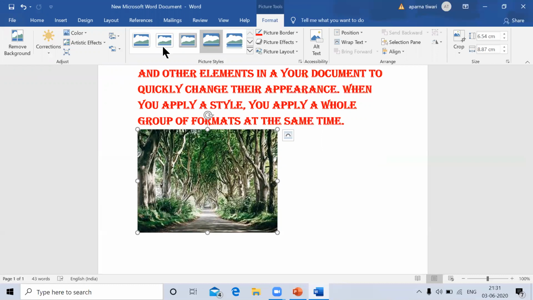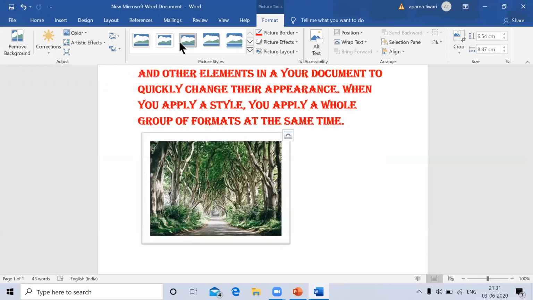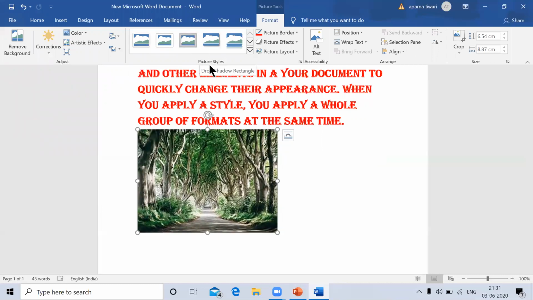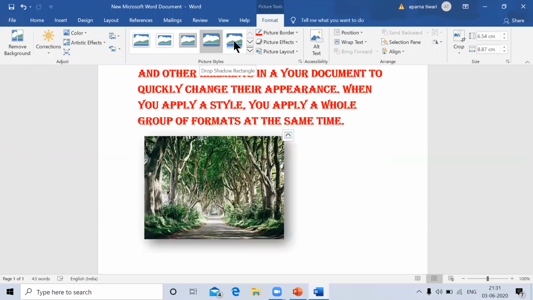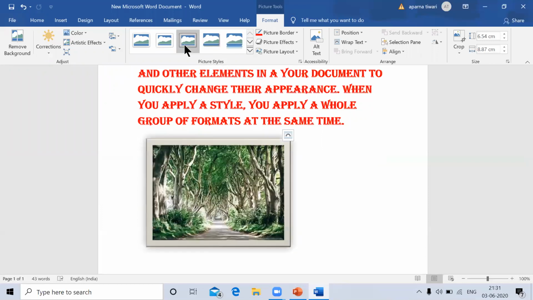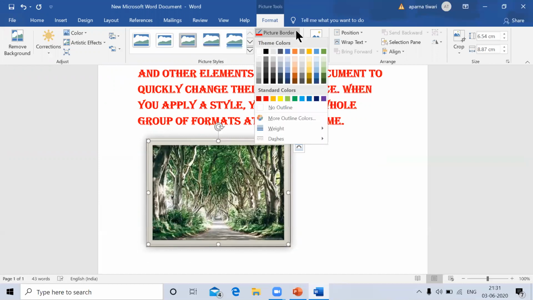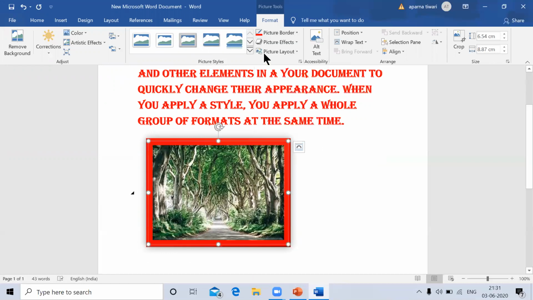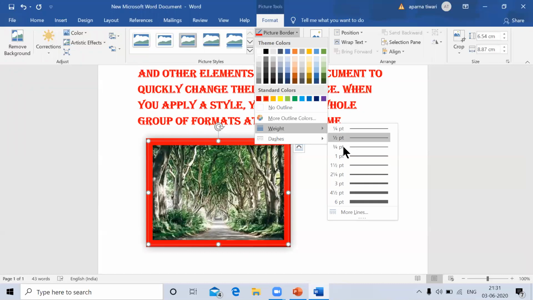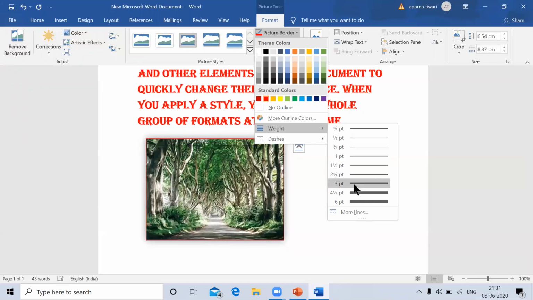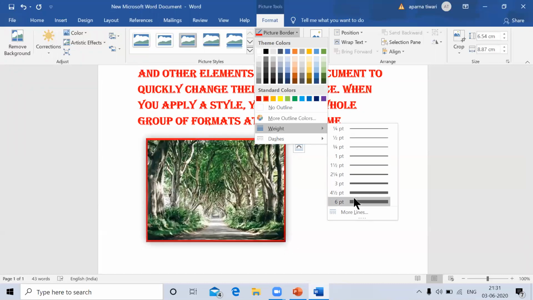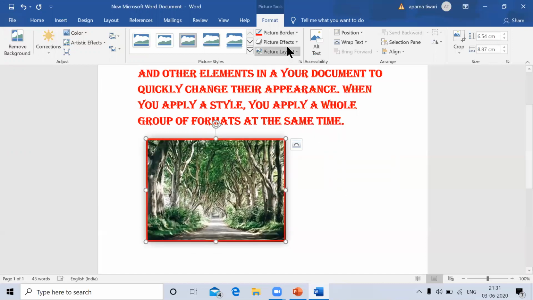So by clicking on Format, we can change the picture styles. Like I'm selecting this one. Now I can change the border also. Can give any border. Weight of the border also I can increase or decrease by clicking here. So you see like this.